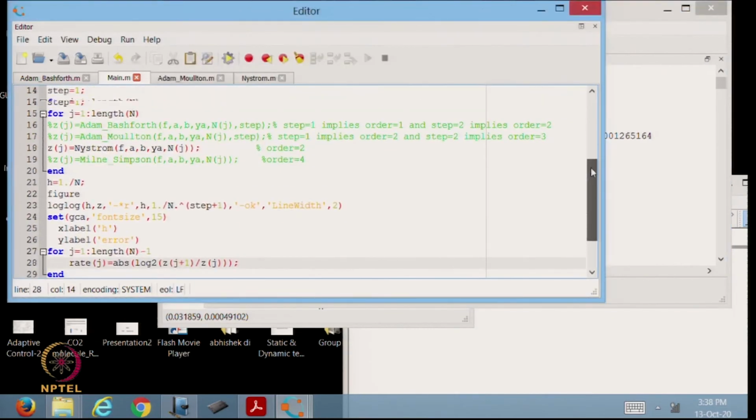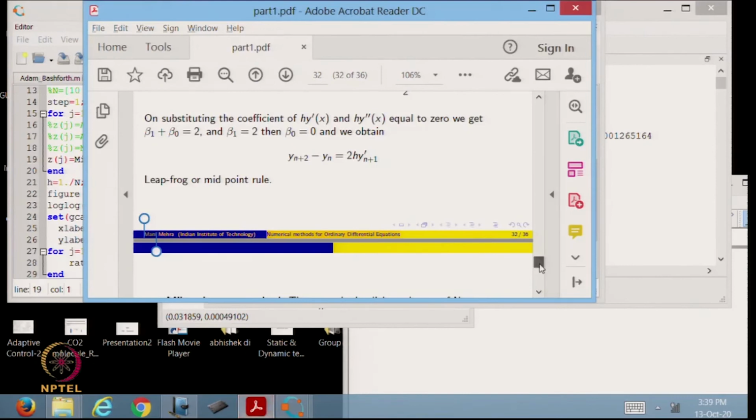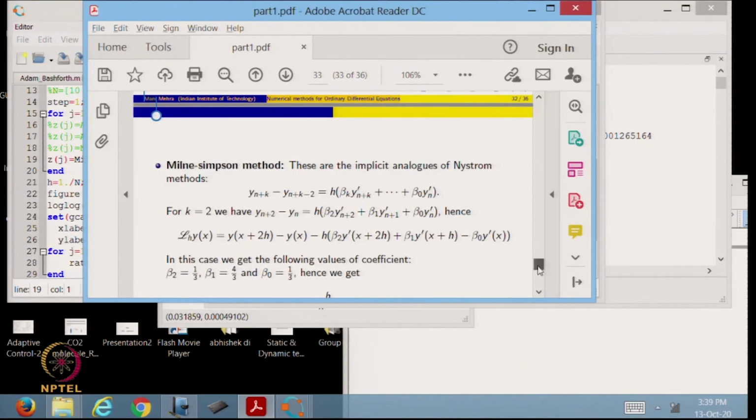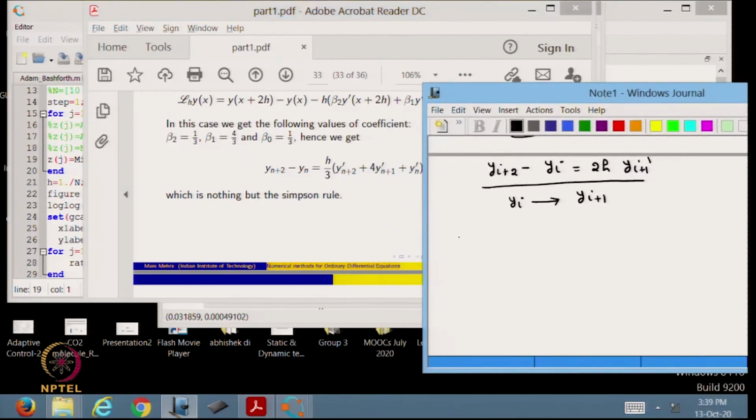Okay. So, now I am commenting this out because in this category, as I have already said, we have worked out only one difference scheme, the Milne-Simpson's formulae. We can check in the slides corresponding to Milne-Simpson's formulae. What we have done, basically, we have implemented for k is equal to 2 this difference scheme, which I am writing again here: y i plus 2 minus y i is equal to h by 3.